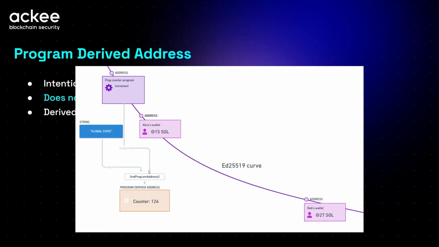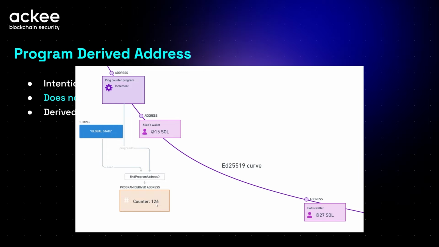That's the second part. Here is the function called find program address. This function actually finds the PDA, and you can see that the counter account has the program-derived address, so it lands somewhere away from the curve. So you can see here is the curve and the PDA account lands somewhere else. And within the account we have stored value